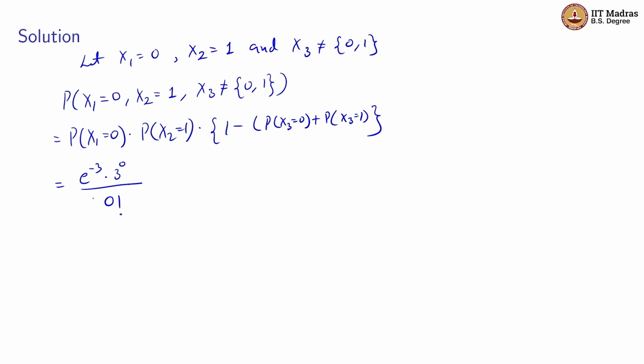So this is the probability x1 is equal to 0, into probability x2 is equal to 1, which is e raised to the power minus 3 into 3 raised to the power 1 divided by 1 factorial,